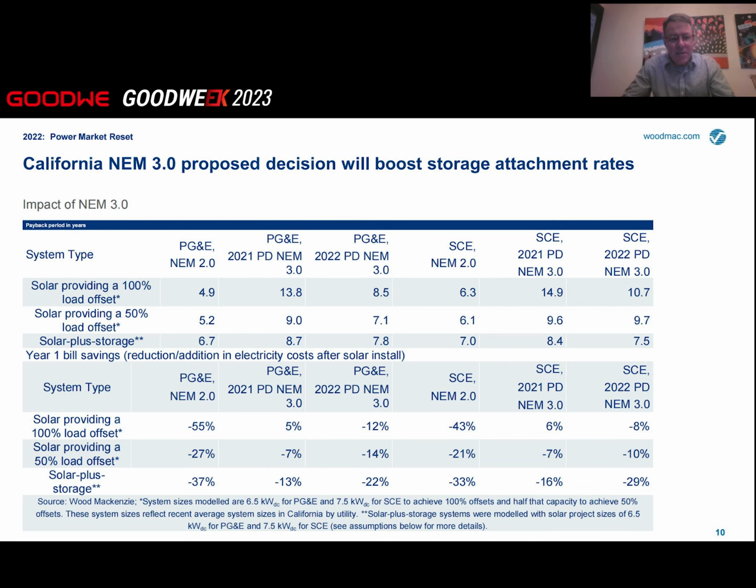So we estimate the payback period for a solar installation was 4.9 years in PG&E's system under NEM 2.0, and it will almost double to 8.5 years under NEM 3.0. Similarly for SCE, it goes from a payback period of 6.3 to a payback period of 10.7 for